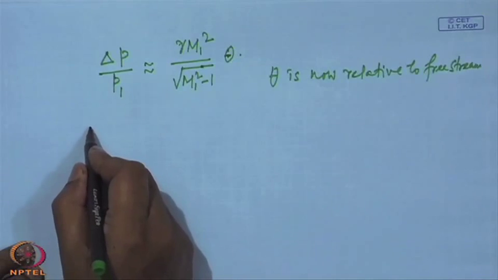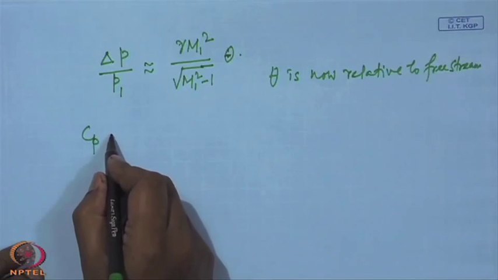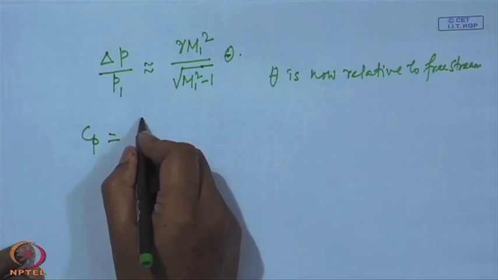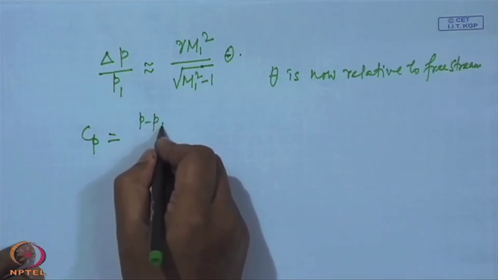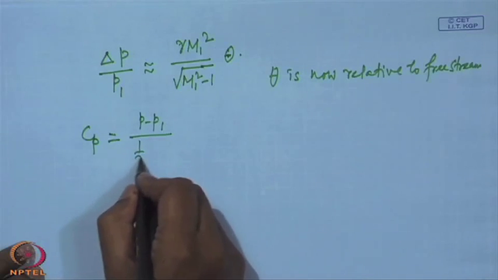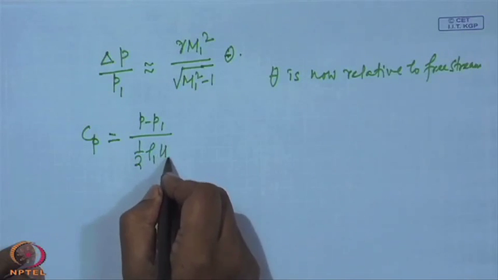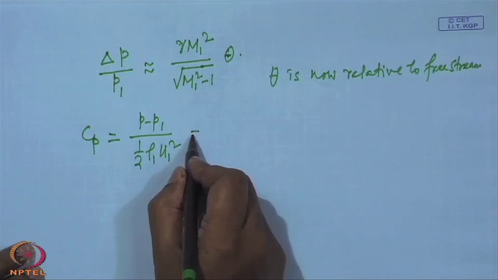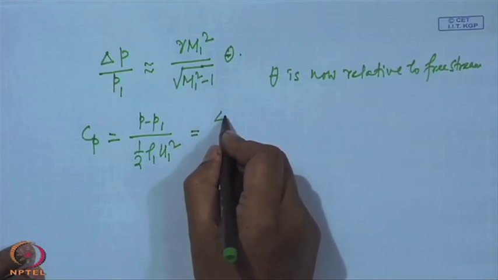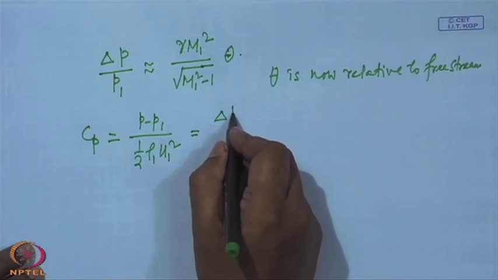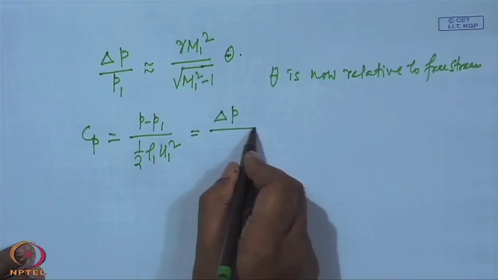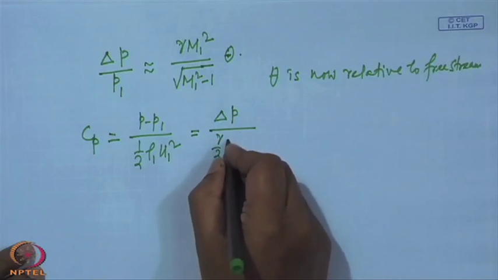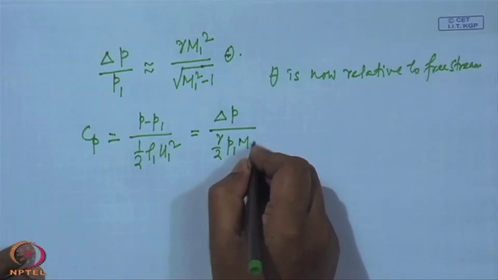Now, the pressure coefficient is defined as P minus P 1 by half rho 1 U 1 square, that is delta P by gamma by 2 P 1 M 1 square,